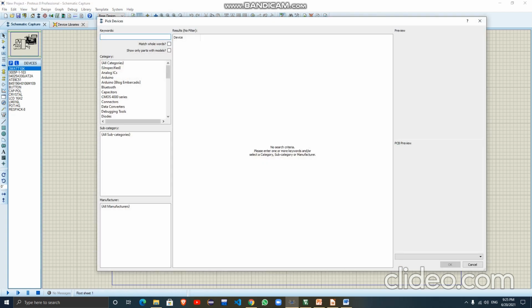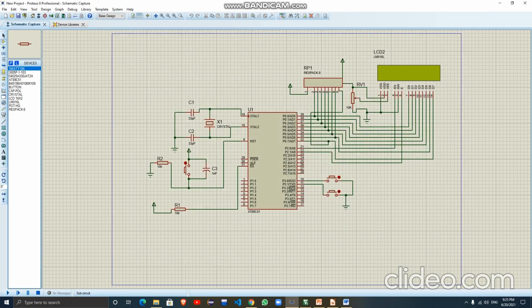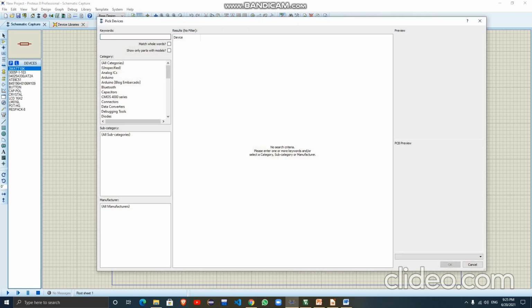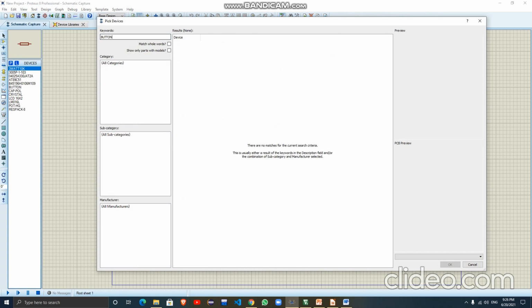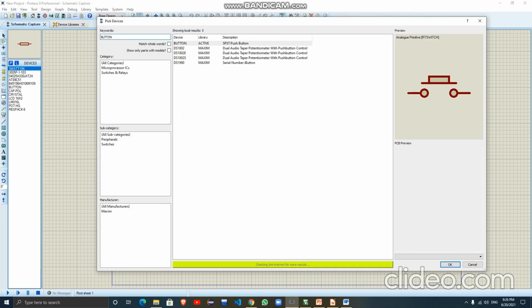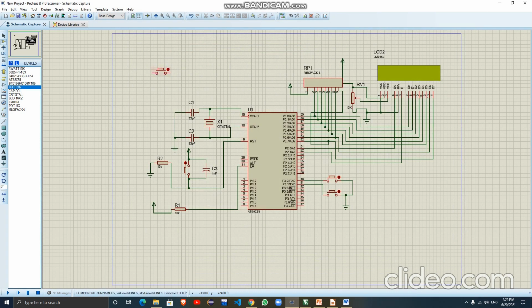I'm going to show you how we get these components by clicking here. When we click this, if you need any component you can get it. If I need a button, it's a push button, then click OK and put it here.